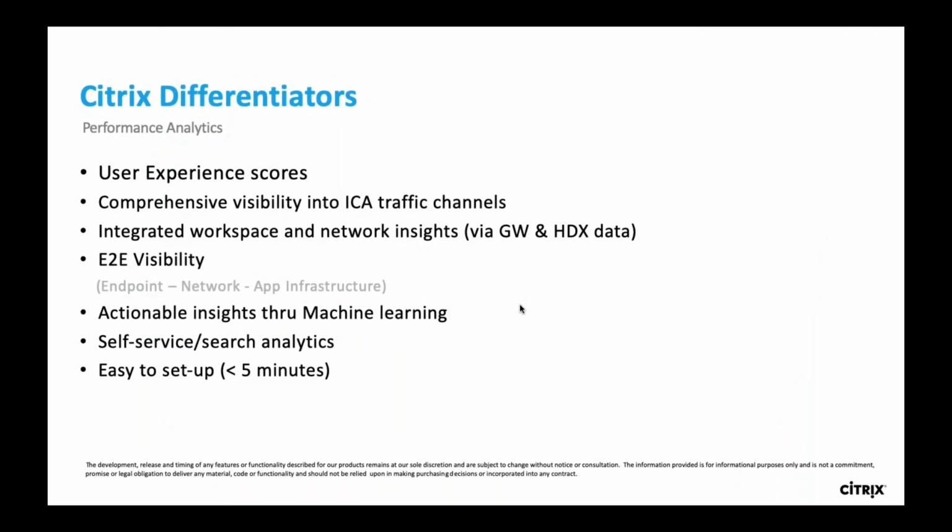The first differentiator would be the capability to aggregate all the KPIs that matter into a single user experience score. A second one would be the comprehensive visibility that performance analytics would have into the ICA protocol. As multiple applications consume different channels' bandwidth, the performance can vary based on the bandwidth available and the configuration that the admin has done. So having great visibility into the channel metrics would be a huge value for Citrix